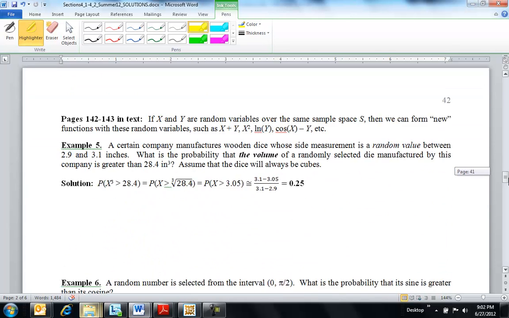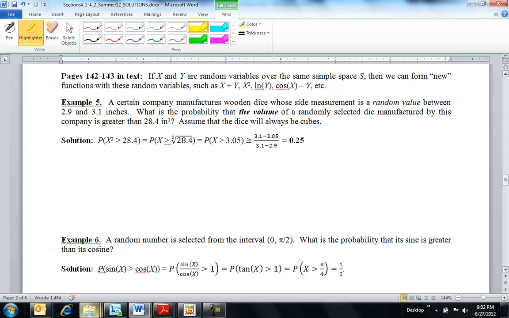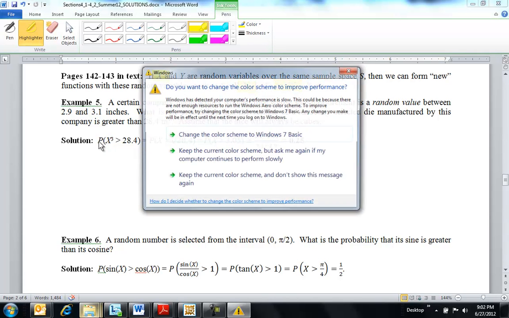The last little part that is kind of nice is that if you have a random variable, you can also make a function of a random variable. If x is still the sum of two dice, we could look at the random variable x squared, which is just the square of the sum of two dice. It still has probability values associated with it. Or I could take the cosine of the number on a die. You can apply any function to random variables. So sometimes we like to ask questions about functions of random variables.